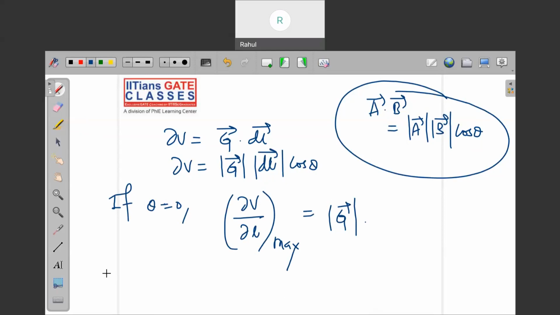So gradient magnitude, as I said, represents,